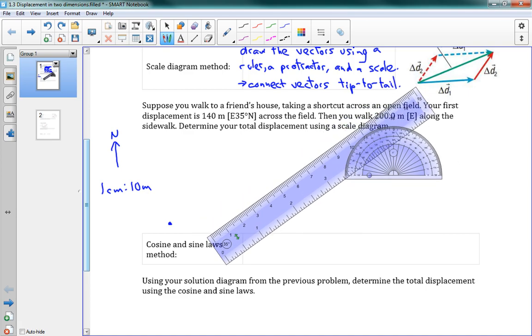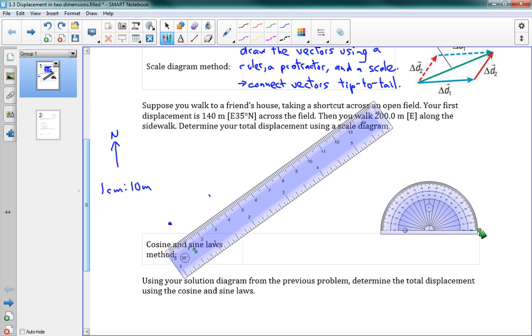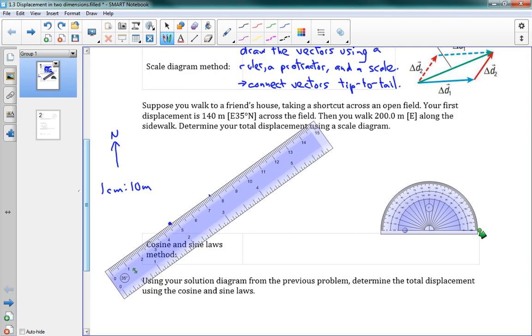But if you were using a real ruler, what you would do is get your protractor, line it up with this dot, and then say, well, I want 35 degrees, so we've got 10, 20, 30, 35, and I can put a little dot right there at 35. Then I move that away, take my ruler, and line it up with those two. You can see that my ruler already lines up with those quite nicely because it's set to 35 degrees. Okay, so I line up my ruler, and then I want to draw a